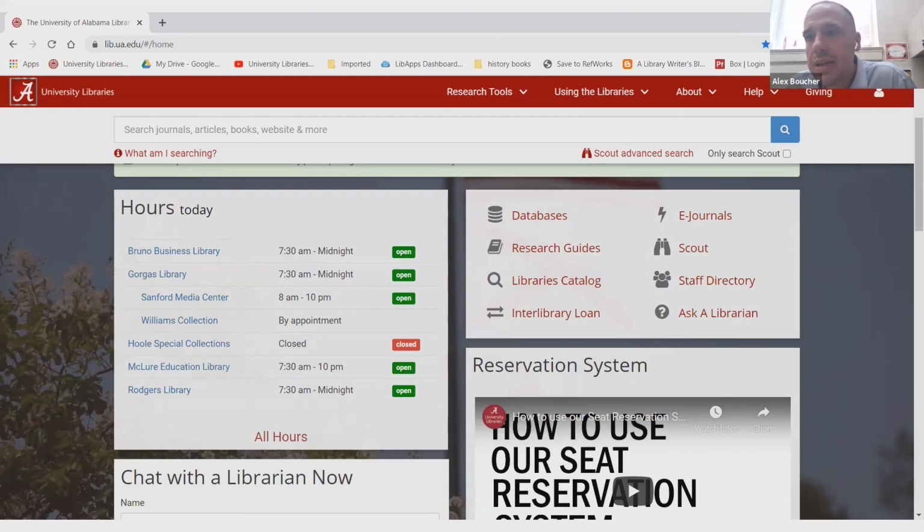The interlibrary loan link is on the main page of the library. It's also on the My Bama Library tab page. You would have to create an interlibrary loan account if you don't have one, but you can request microfilm through this, and the library that owns it, if they're willing to send it to us, will send it to us, and then you can access the microfilm and look at it here at the library. You don't have to worry about not knowing how to look at microfilm. When you come up here to get the microfilm, you can have one of our people show you how to use it.